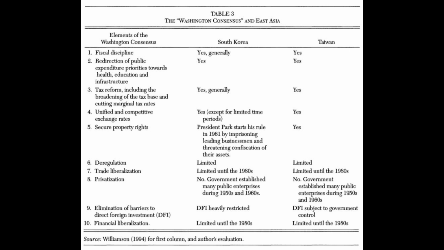So how do we reconcile these arguments and these examples with the evidence that we've previously looked at and my claims that it's institutions that are the primary factor that differentiates successful from unsuccessful countries? Well, fundamentally, I think that there are two key mistakes that Rodrik makes in his analysis.